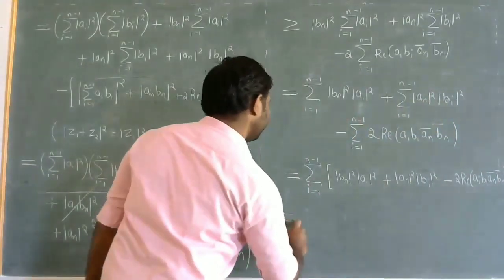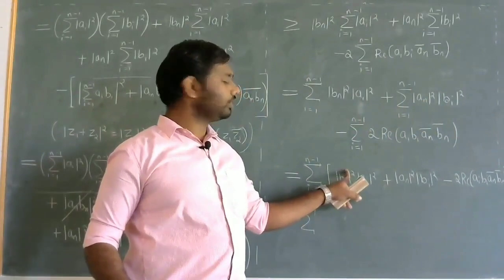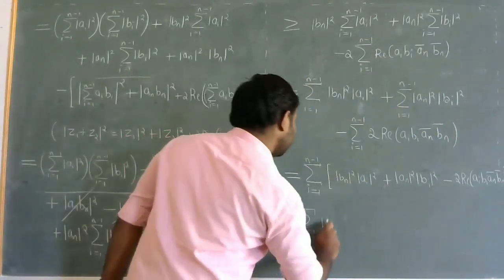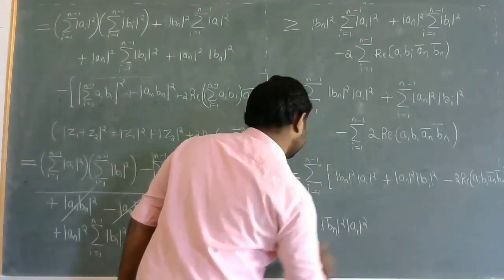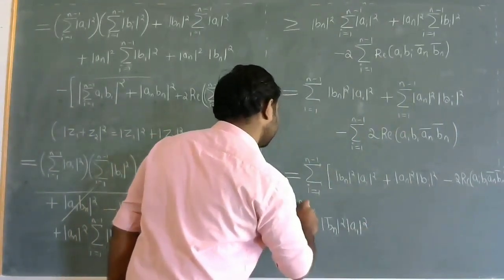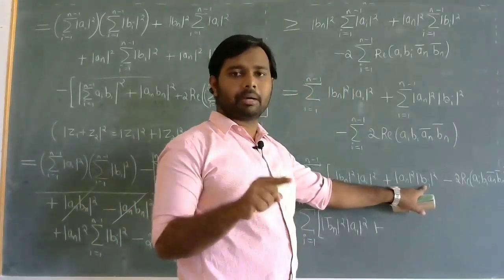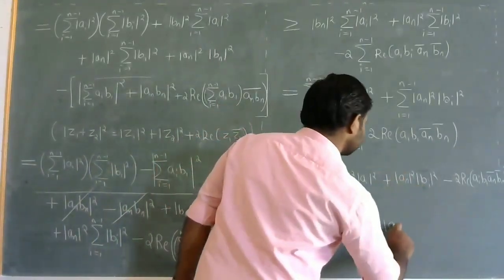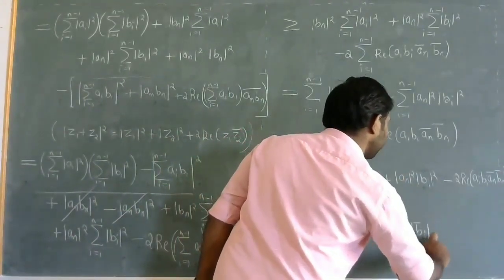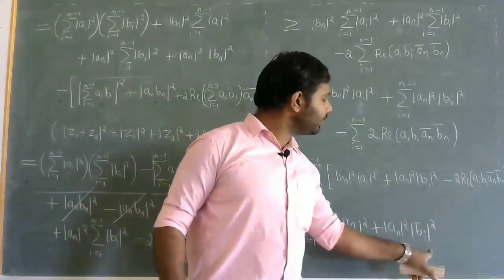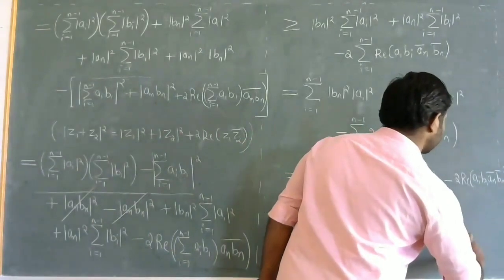So this step will be equal to summation, modulus of bn. So I should get a bar here. Modulus of bn bar whole square into modulus ai square, i running from 1 to n minus 1, plus here also I need an extra bar for bi, so we can put that. So modulus of an square into modulus of bi bar square, because modulus of bi is nothing but modulus of bi bar, minus 2 into real part of